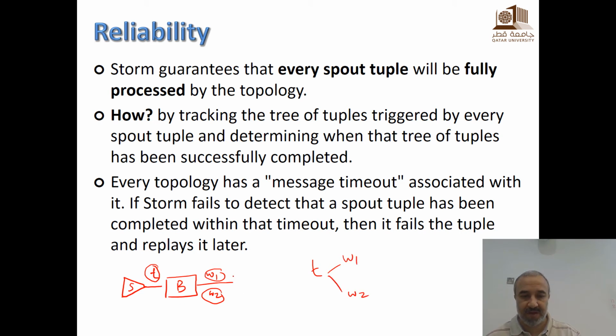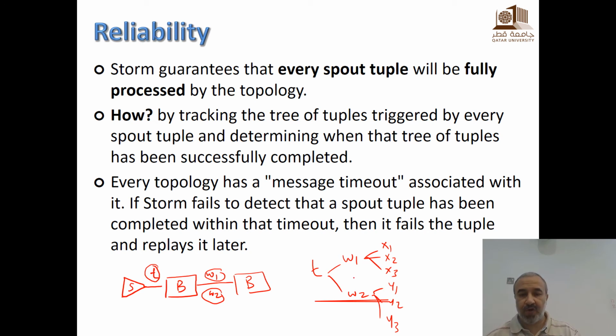And if we have another bolt here that will generate 2 or 3 tuples from each word, then we will have maybe x1, x2, x3 for this one, and y1, y2, y3 for this one. So this is a tree of tuples.